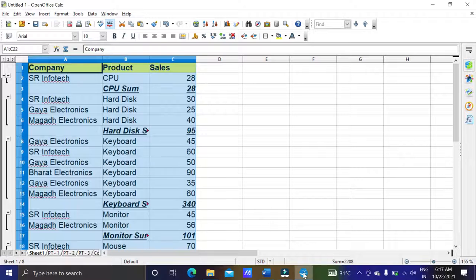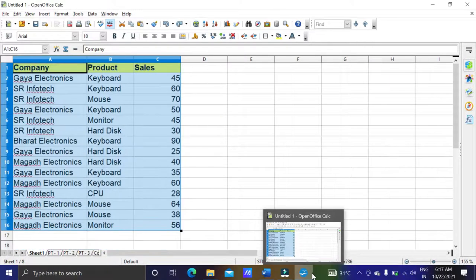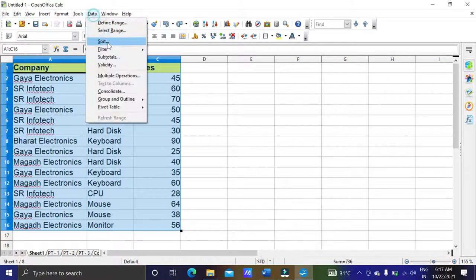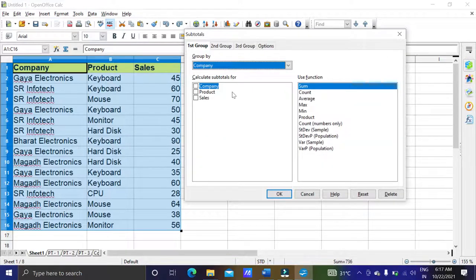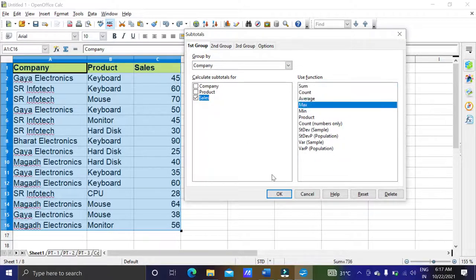Okay, likewise we can go for count also, or we can go for any other option also. For example, I am going for grouping by company and I want the sales and I want only the maximum.